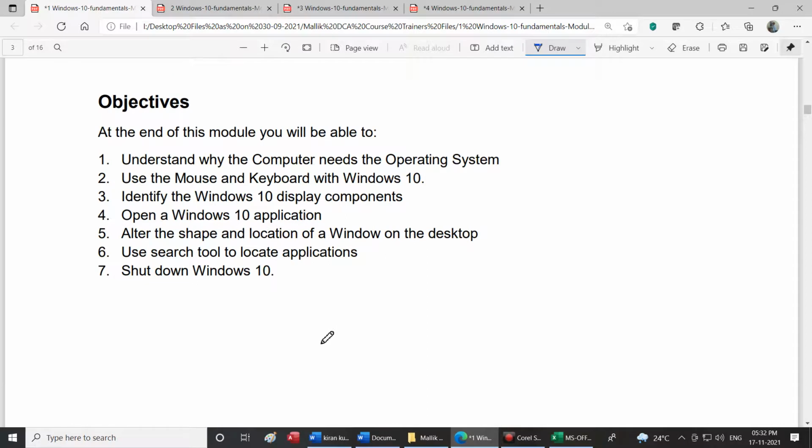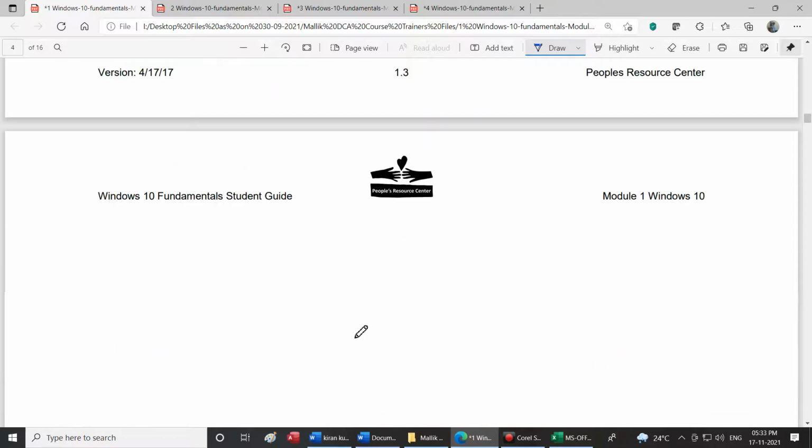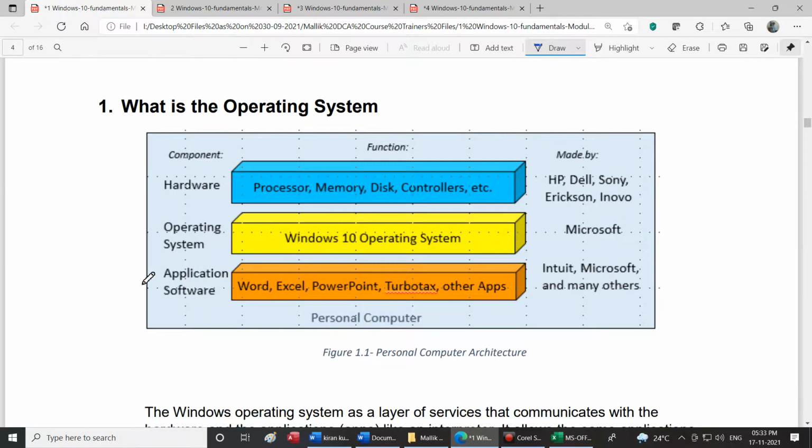Now one by one, if you start going for the subject, a small re-explanation of how and where Windows 10 operating system is going to sit. We have already seen the block diagram. When we saw the block diagram, if you have not forgotten, the lowest part of the block diagram, let me erase it.